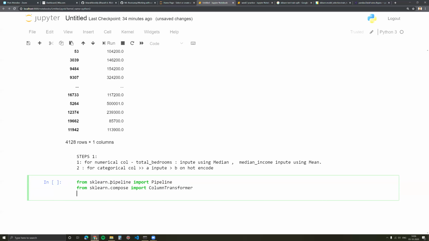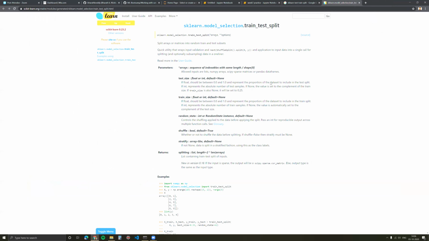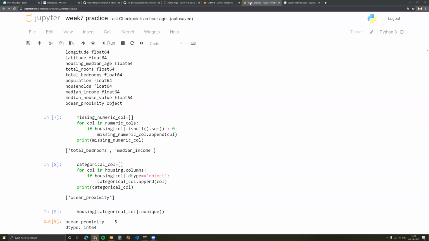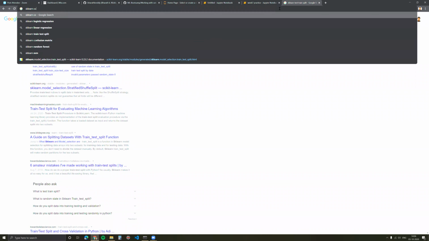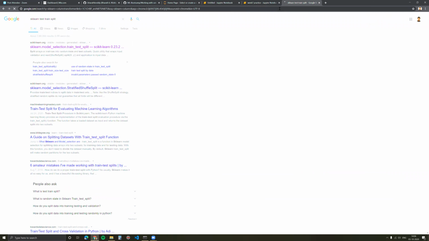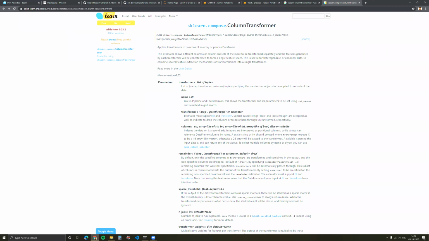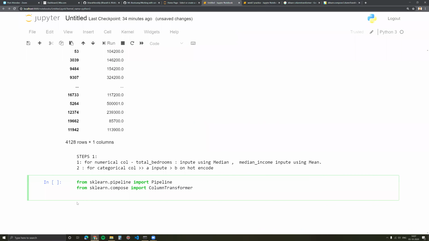Import. Now, if you are worried about how you remember within sklearn what to use, there's always Google. Like I can't remember this particular part, ColumnTransformer. I'll just type sklearn column transformer. It will lead me to the first search, a documentation site, and I just read, okay, this ColumnTransformer comes from the compose library, and then I can directly import it from there. So no need to worry if you don't remember. You can always Google and get the right answer.